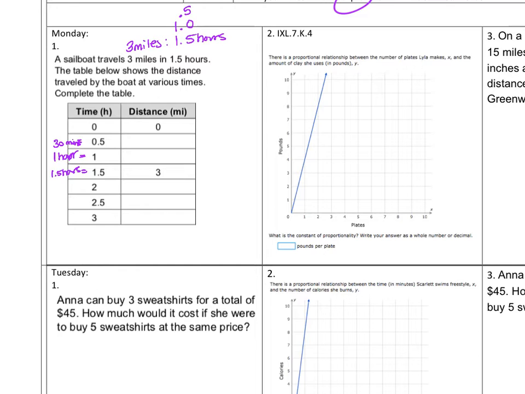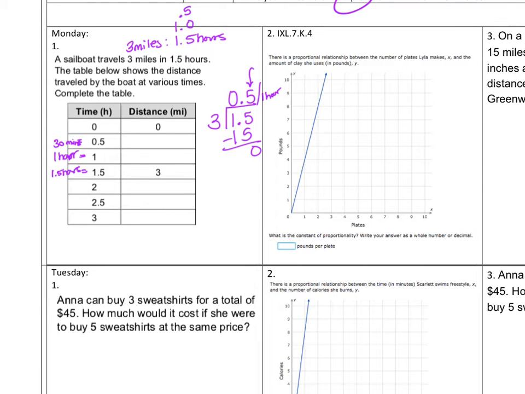So if he travels 3 miles in 1.5 hours, and we divide 3 into 1.5, 3 doesn't go into 1 evenly. 3 does fit into 15. 3 goes into 15 5 times. And then I'm done. So this 0.5 represents our unit rate. So in 1 hour,